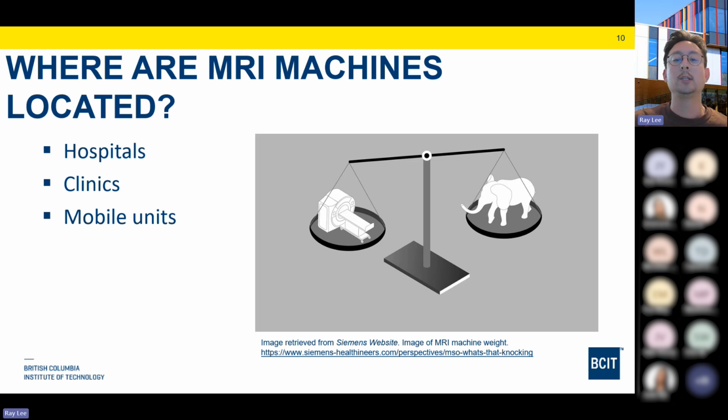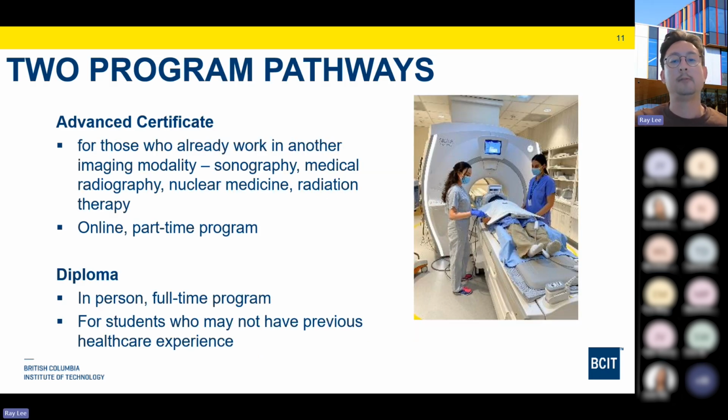Most of the MRI machines as a whole weigh about 4 to 7 tons, which is the equivalent of an adult elephant. So usually these won't be found on higher floors in hospitals and clinics. They have to be built on the ground floor with a concrete foundation poured underneath it before they can do the big install. So now that you have a bit of background in terms of what the MRI modality is,